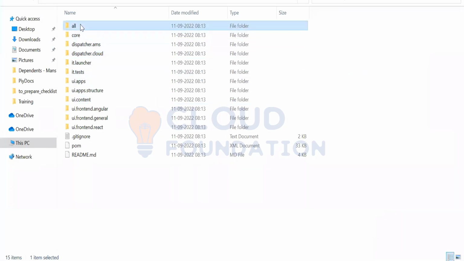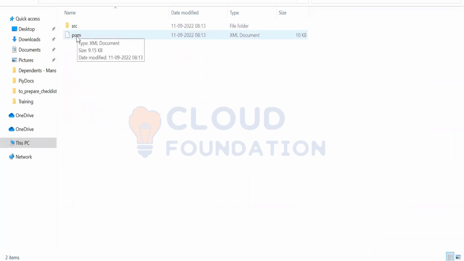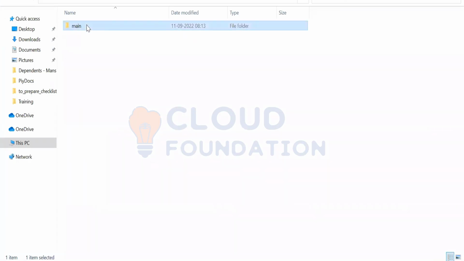All of this is nothing. This is empty. Like here, if you go inside the src, inside the main, inside content, meta, nothing. Here you won't find any code base. This is all empty. No code base over here. But here, what happens is when you build and deploy, when you build your code base,